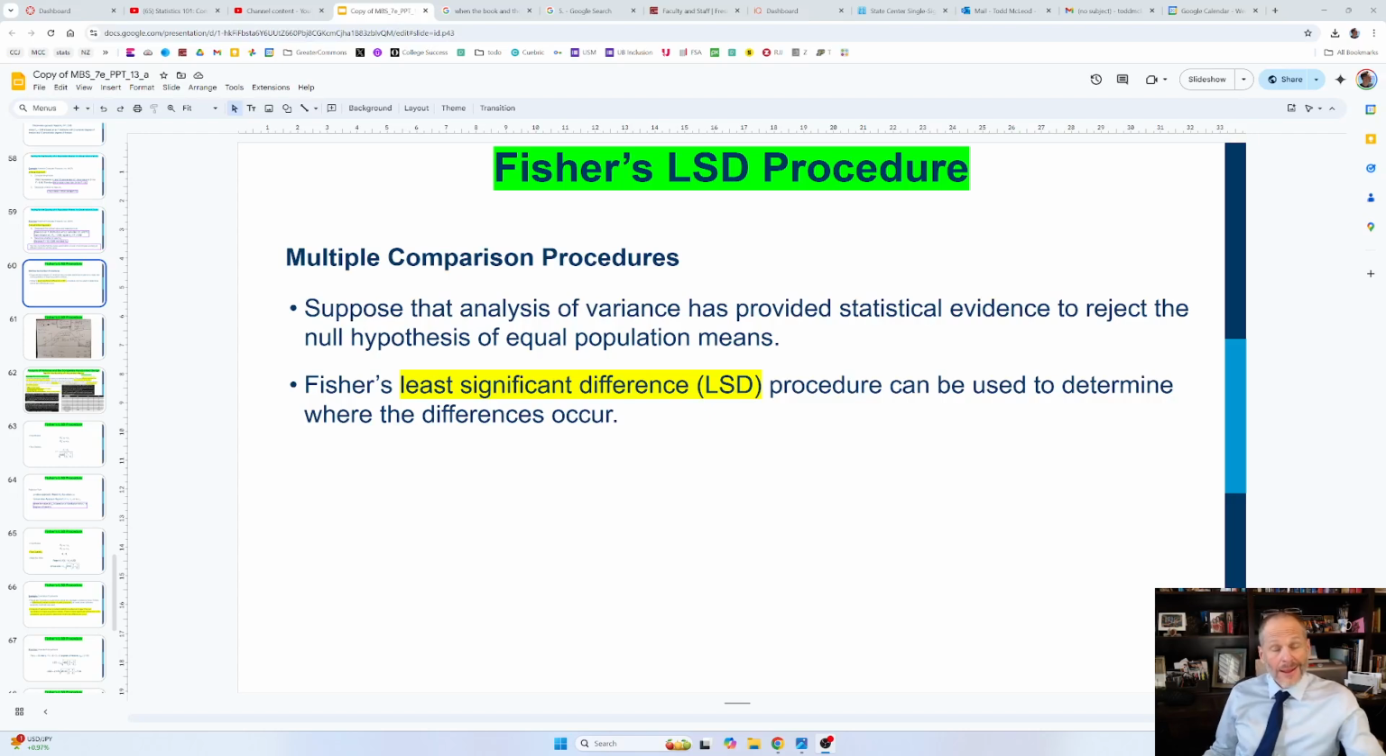Well, we're going to learn some more stuff. We're going to learn about Fisher's LSD procedure, which actually has a little bit of a scandalous name if you were to interpret that incorrectly. But in statistics, Fisher's LSD procedure stands for the least significant difference, and it provides a way to do something